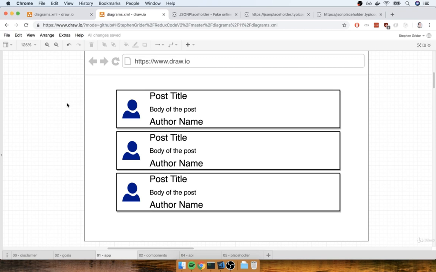We're going to first have to make a request to just get the list of blog posts, and then we'll have to make a follow-up request to get each individual author's name to show on there. But we'll get into the details on that in just a little bit. For right now, let's flip back over to our terminal, and we're going to generate a new project, and then we'll start working on it in the next video.